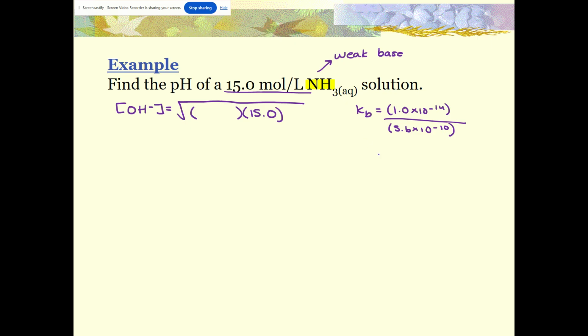It's 1.78. I'm just going to write it here. 1.78, so on, a whole bunch of digits, times 10 to the negative 5. I am taking this answer and plugging it into this formula. So what you're going to do in your calculator is hit the square root button. You're actually going to open a bracket and then inside a second bracket, you're going to select your answer, close that bracket, open another bracket and put 15.0, close that bracket, then close the overall big bracket for the square root. So you should get a hydroxide ion concentration of